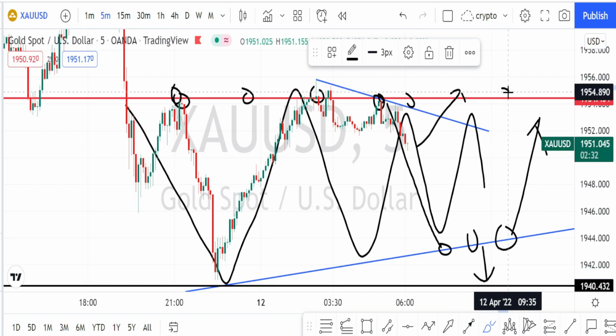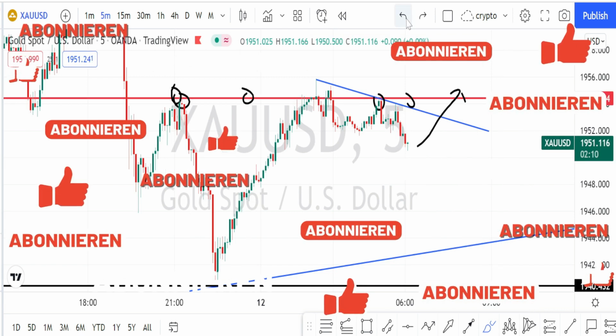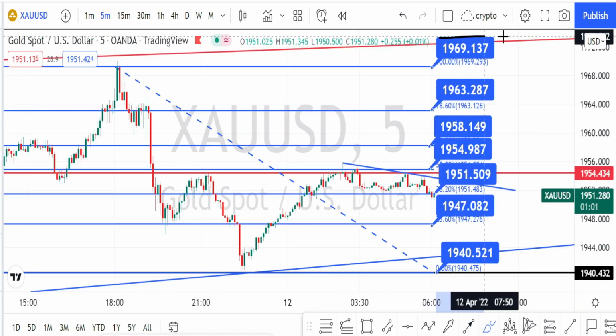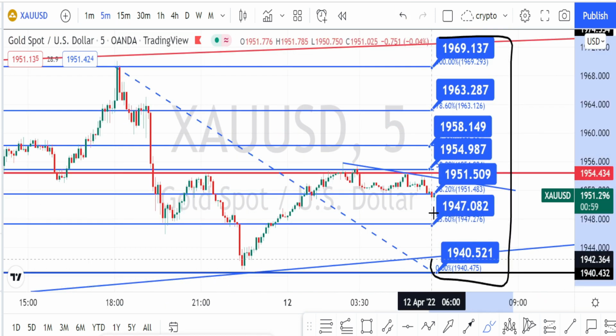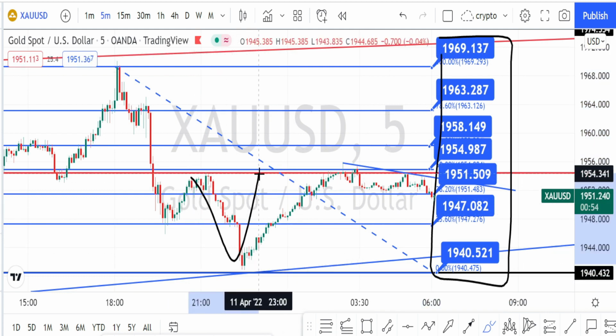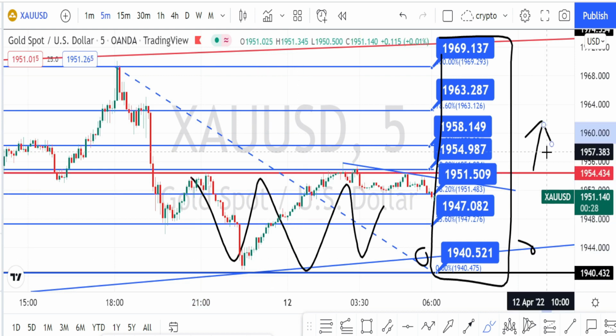So it has to break this support line or trend line in order to have a bearish trend reversal. Otherwise we can expect a break on the bullish side in 5 minutes time frame. Let us mark the support and resistance levels for 5 minutes time frame. So these are all the resistance and support levels for 5 minutes time frame. Currently the price action is trading between the resistance level of 1954 and support level of 1939. That's all the analysis for